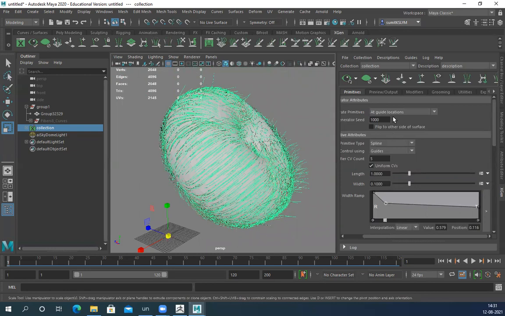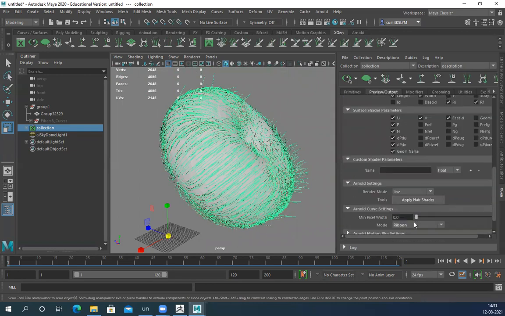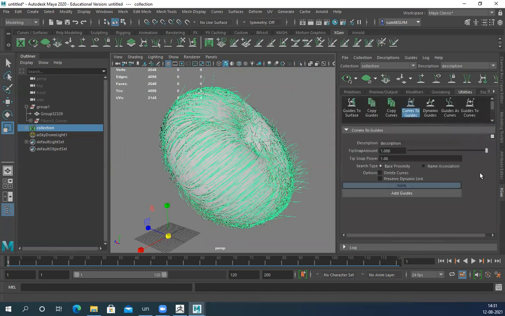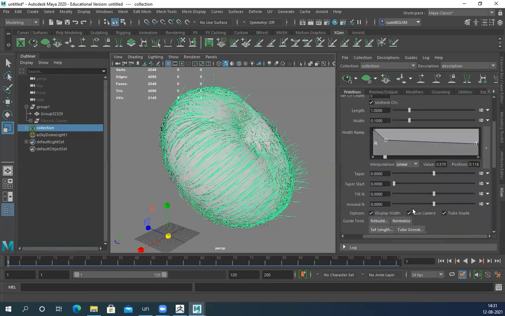It's visible here, but it's not rendering. Why? I'm not sure why it's not. It should render. It's visible in the viewport. It should render, but it's not working.